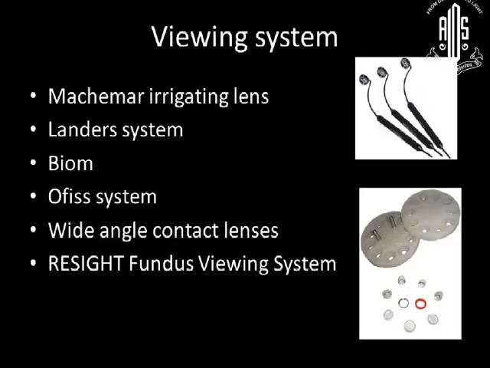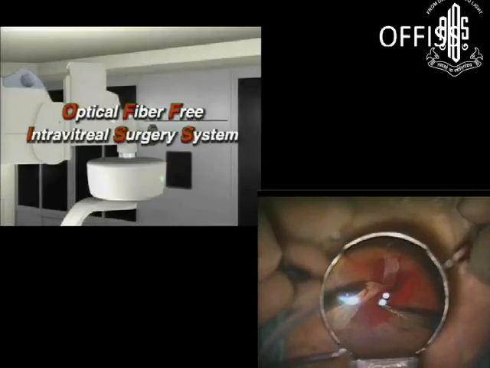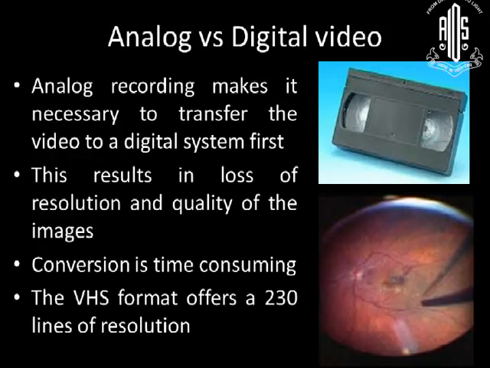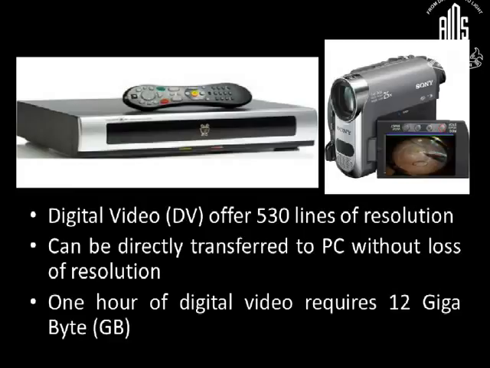Now, like I mentioned, many of us have trained on the macular irrigating lens systems. We moved on to Landers lens systems. So what's the difference? Well, you can do bimanual surgery without the necessity of a fiber optic endoilluminator. Now, like Gaurav mentioned, we moved on from analog to digital. The basic difficulty with analog is that you need to convert it into a digital system in order to record and show your videos, and also the resolution is only 230 lines, whereas with DV it's 530 lines of resolution or more,